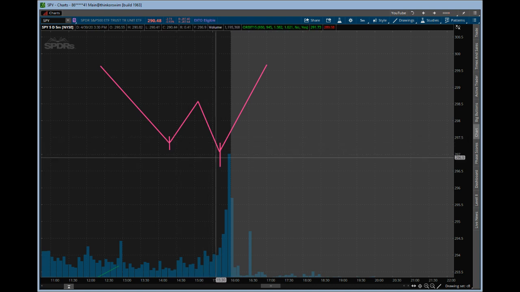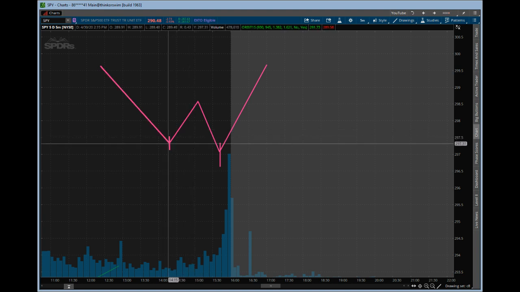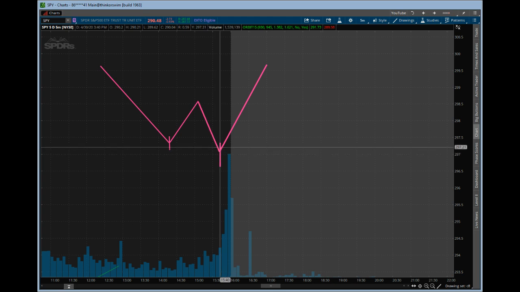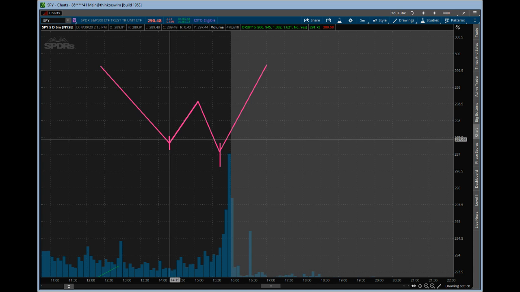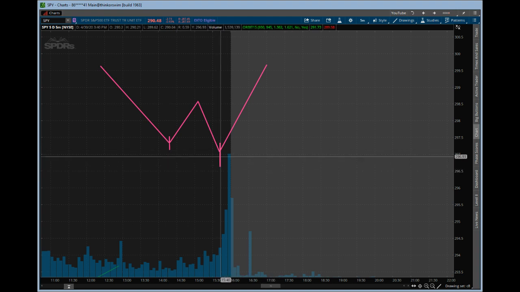Okay, there has to be some space between it. How much space? It's up to you. But usually it's two pivots that are separated by another pivot. So this candle right here, in order to be considered a 2B reversal, is a green candle. It ends up closing green, and it's the candle that thrusts below this low candle right here. So if you get a green candle that thrusts below this candle right here, that's your 2B candle, and